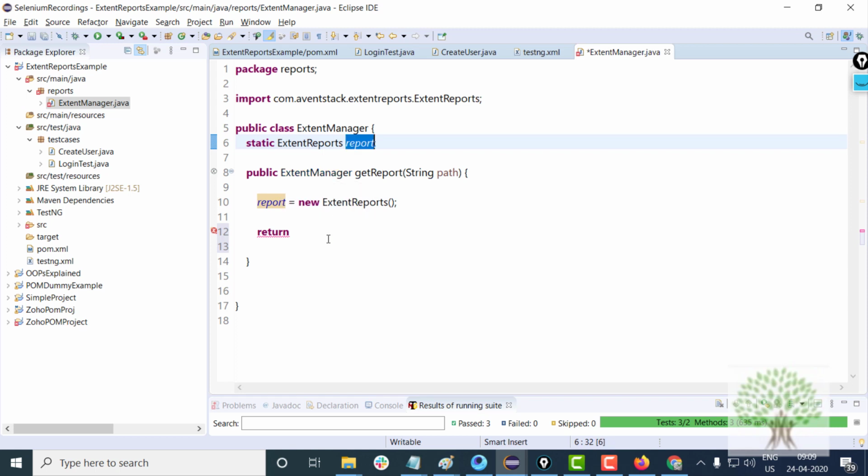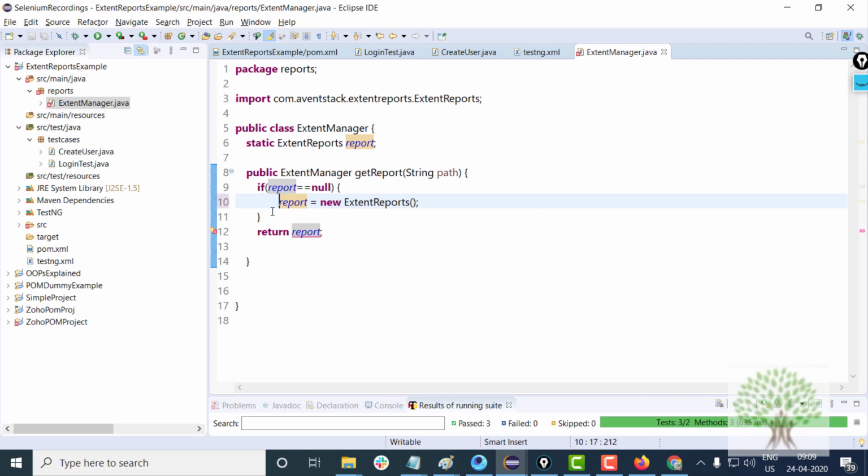But it will check that if the extent report object is null, that is, if it hasn't been initialized, only in that case it will initialize it and return it.